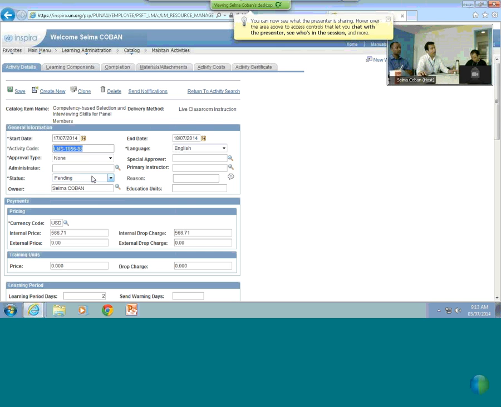As you can see, this activity has a new code. This code is a unique identifier that your class will have, that you can use in the future. In this case, it's LMS dash 1056 dash 80. Normally I write it down. Yes, the code is generated automatically.